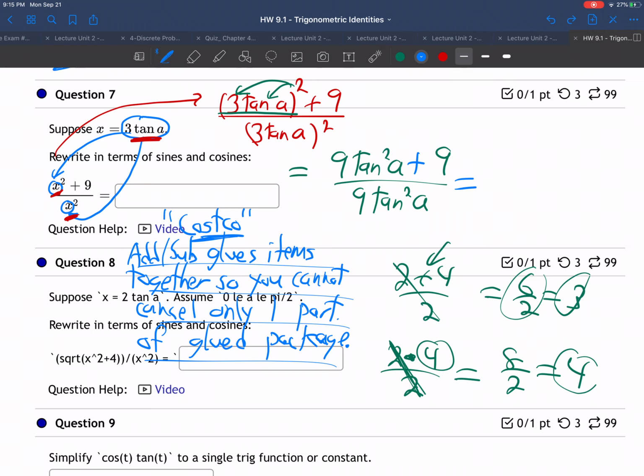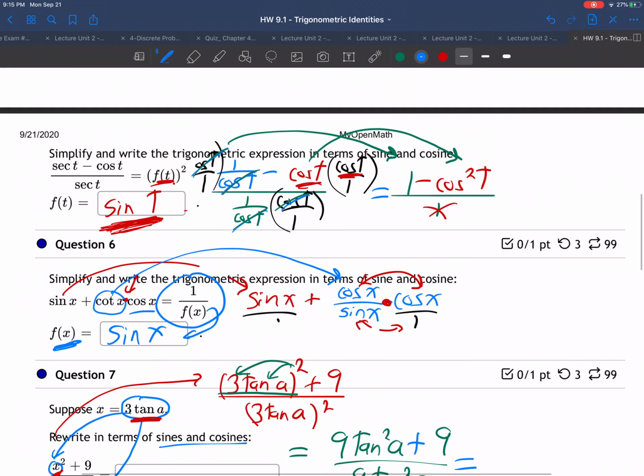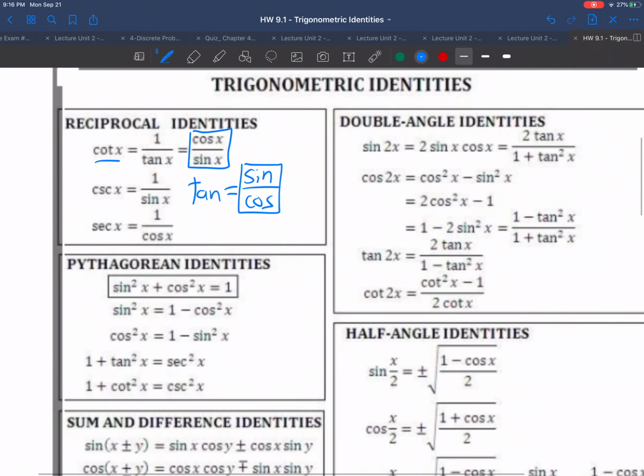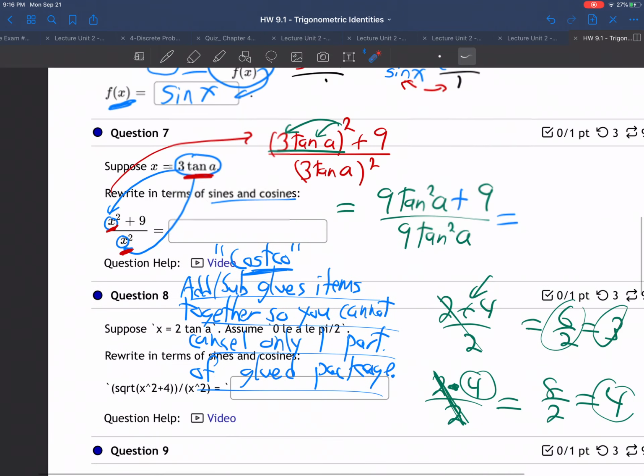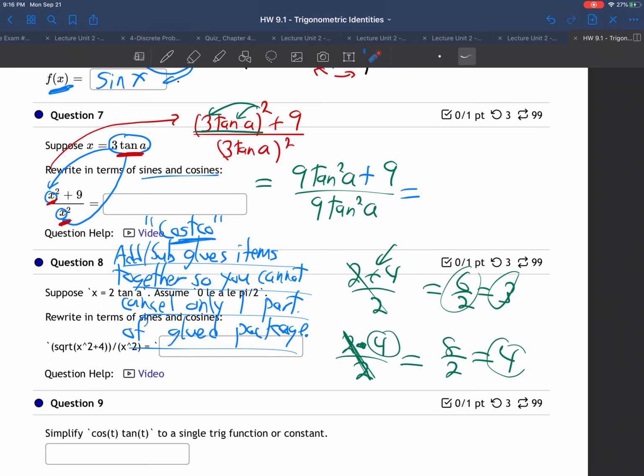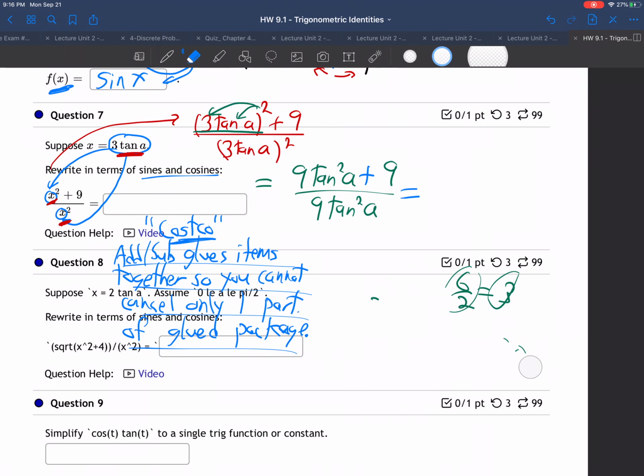Well, they said, remember to write it in terms of sines and cosines. So what's tangent? You remember from our formula sheet? Tangent, right here, tangent is sine over cosine. So coming back here, tangent is sine over cosine. Let me get rid of this stuff. Tangent is sine over cosine. So this is going to become